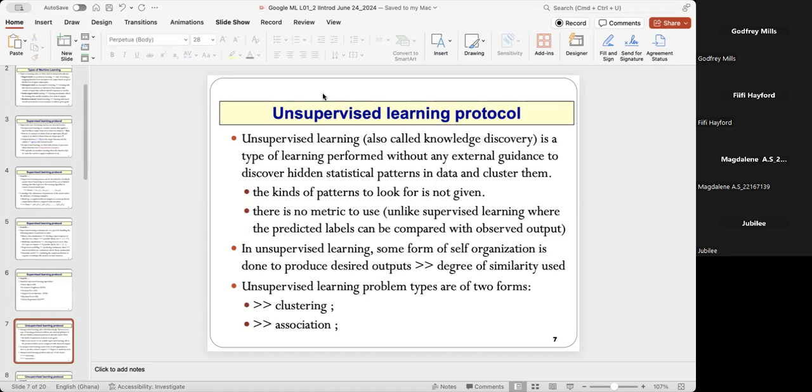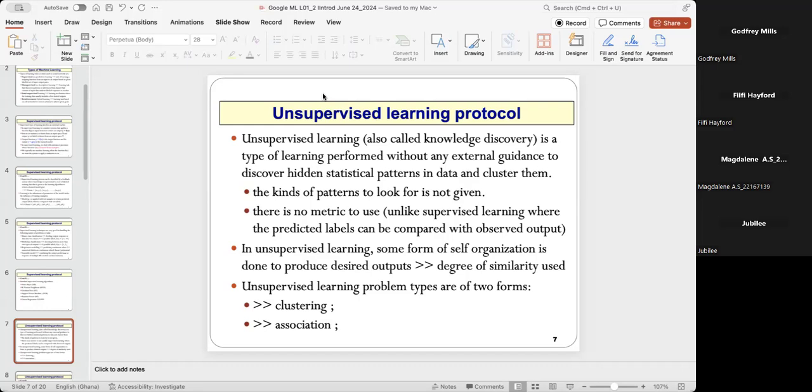And the groupings are done in accordance with some modality. It doesn't have any external agent or guidance to tell it that, okay, this data I've given to you belongs to biomedical,